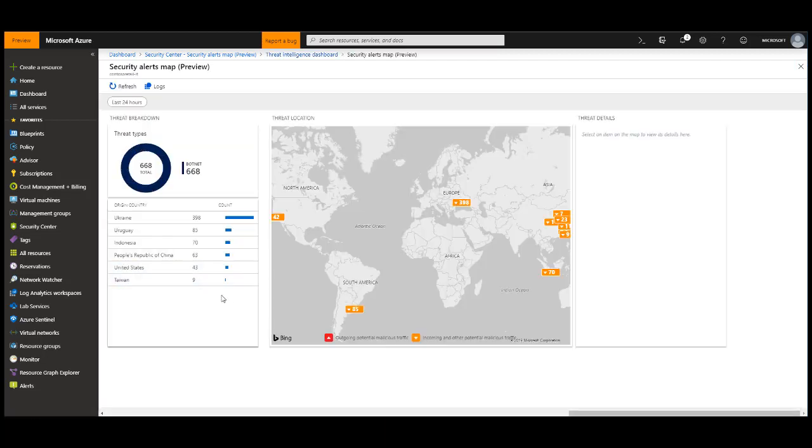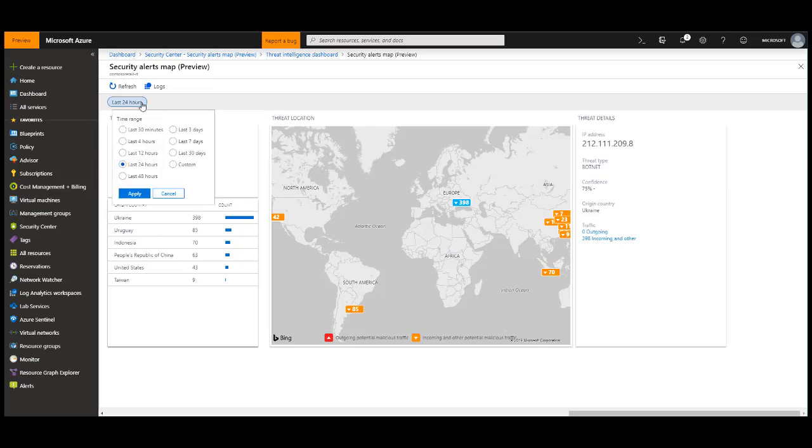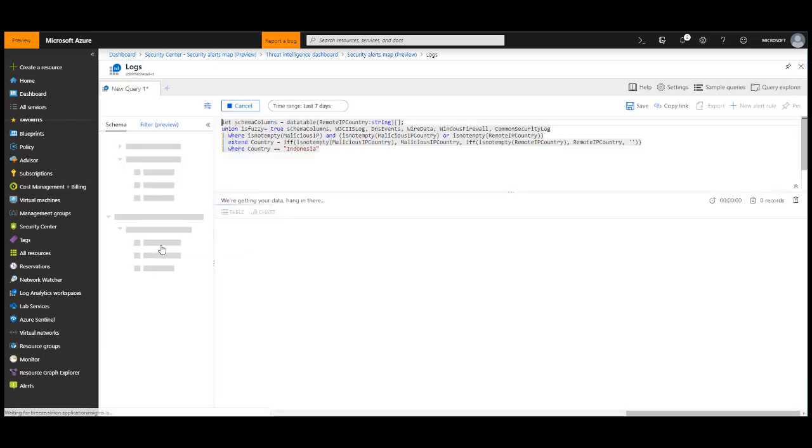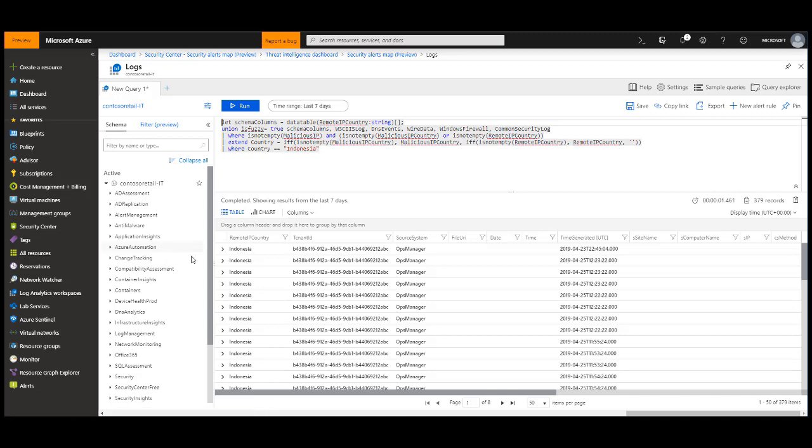If I were to go in here, it'll tell me that I'm getting quite a bit from the Ukraine, okay, and they're botnets. There's 668 of them, and they've actually come in, they give me the IP address. I can change this. Let's change this to like 7 days, and you'll see this will just kind of blow up a little bit. Ukraine jumps up to 1,000 over 7 days. So that's really, really interesting, all the different areas of the world that are trying to deploy botnets or trying to be bad actors, if you will, in